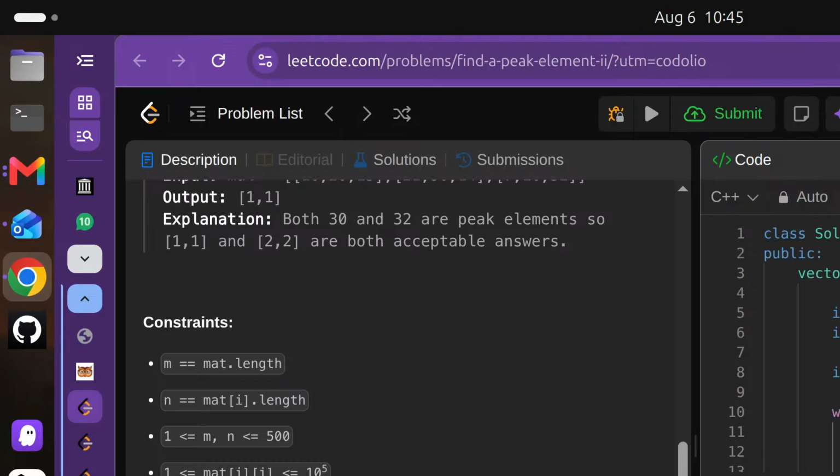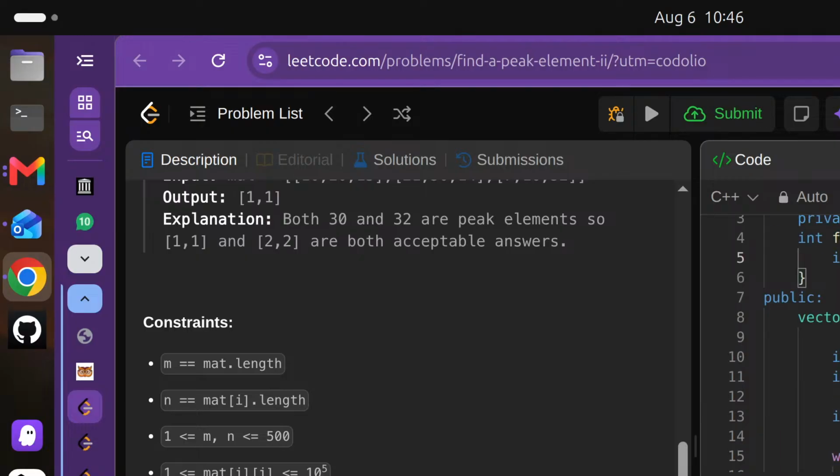This function could be like this: private, it will return a vector, integer, passed by reference, and we are defining this max. We have to find